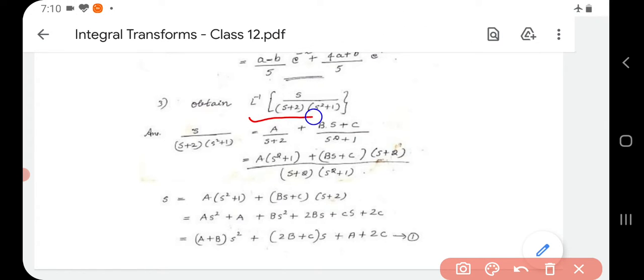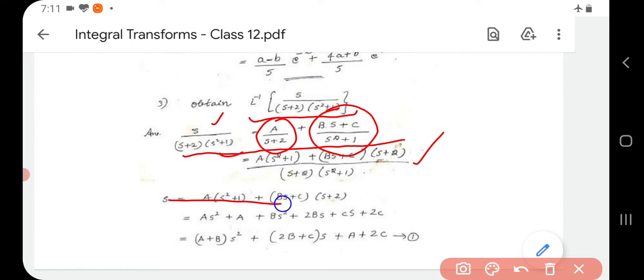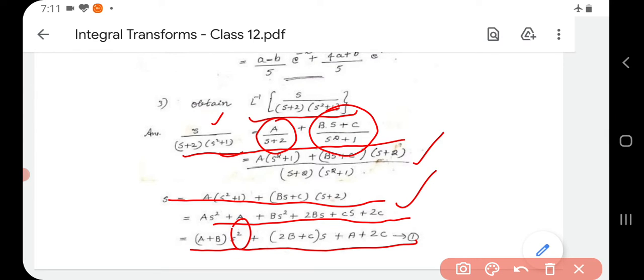This method also you have studied in your 12th standard. See, it is a quadratic equation, s square plus 1. So the splitting will be a by s plus 2 plus bs plus c by s square plus 1. Okay, then expand, equate it with s, group the terms, that is open the bracket, then after that group the terms first with the s square, then with the s and the constant part,